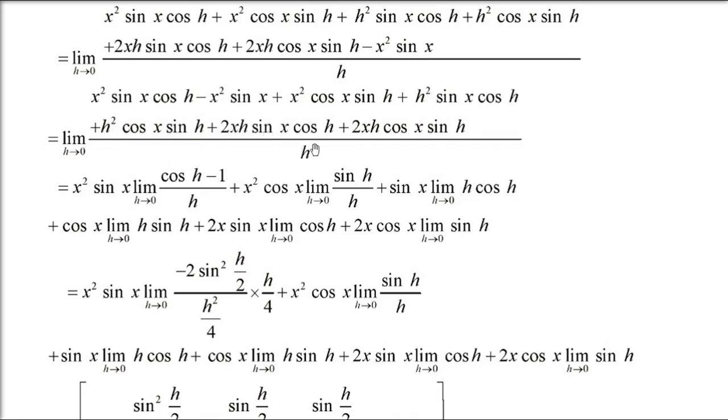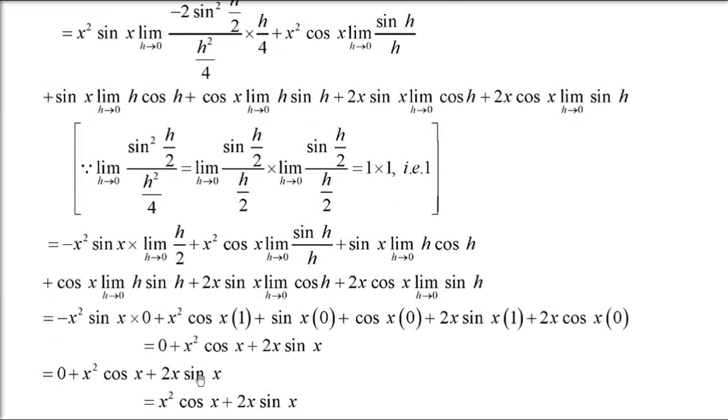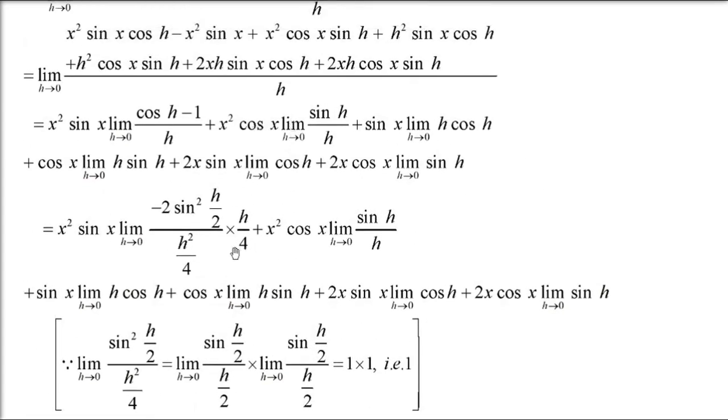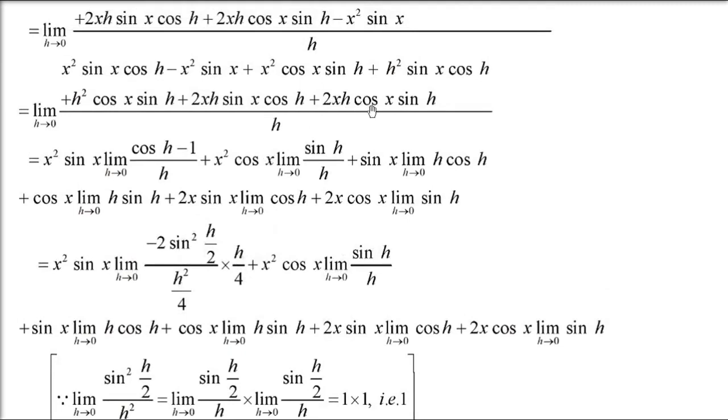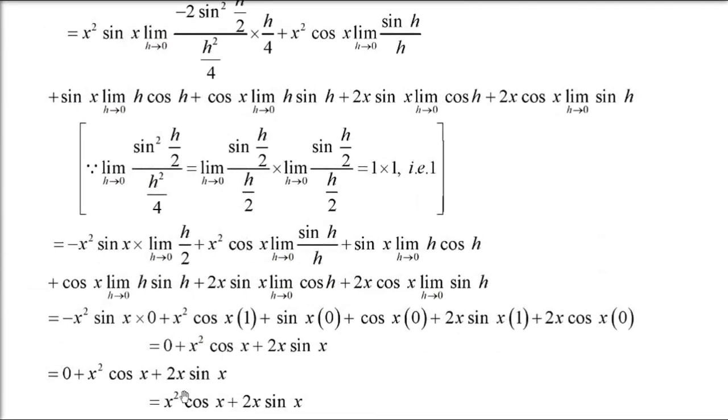Now coming to 2x h sin x cos h. So h is there, so 2x sin x cos h will come because h gets cancelled. When you take this cos h and apply the limit, cos 0 will be what? 1. So you will get 2x sin x. This is the term. Okay, x square cos x was there, the second term also we got. Now coming to the last term, 2x h cos x sin h. Now divide by h, it gets cancelled, so I have 2x cos x sin h. Now again sin h, so sin 0 is going to be 0. So this whole term will also get eliminated. So yeah, x square cos x plus 2x sin x, this only will remain.